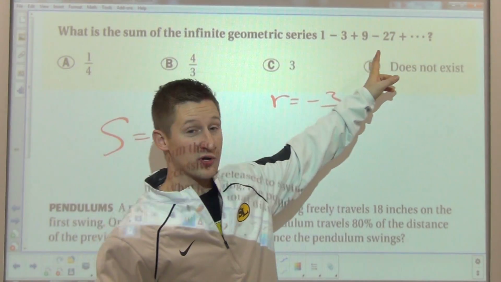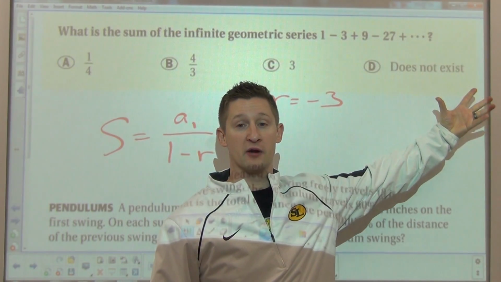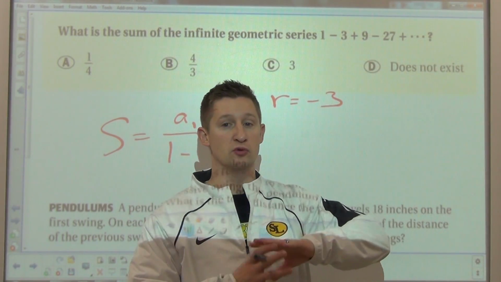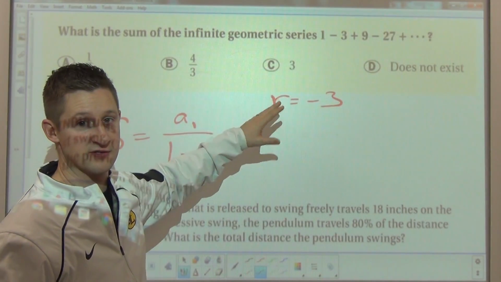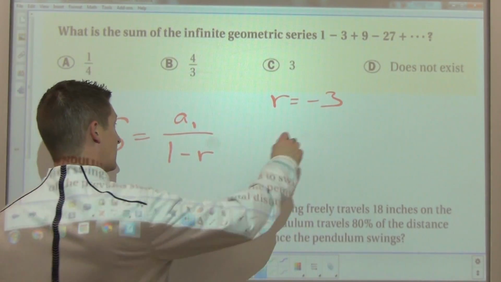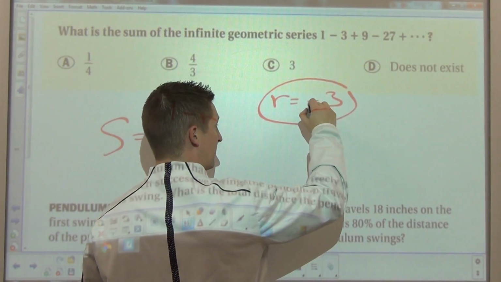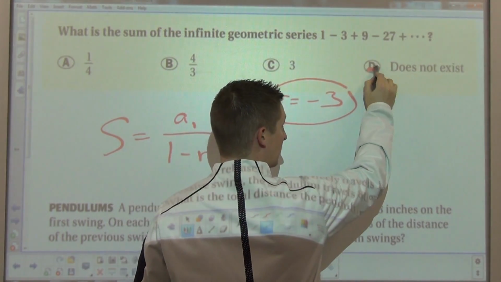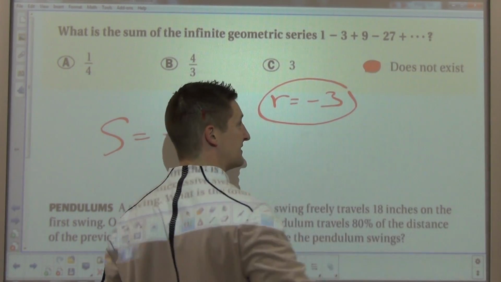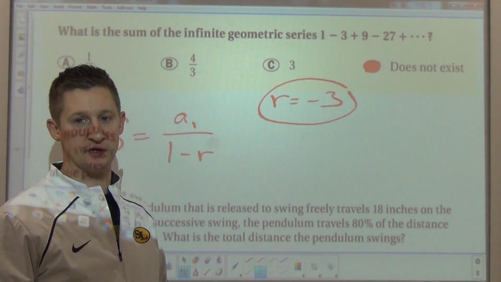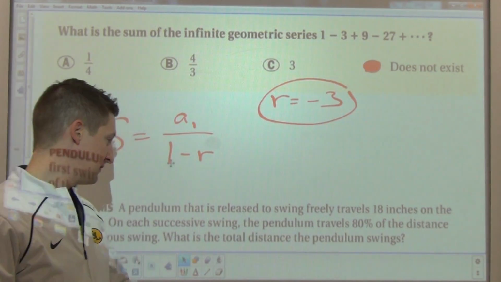This thing is going to keep growing. I'm going to keep having bigger and bigger numbers, which means the sum is going to diverge, it's going to expand. I'm not going to be able to find the sum of this infinite series. So, because r, my ratio, is not what I need it to be to use the formula, I'd say that this sum does not exist. Okay? In the next problem,